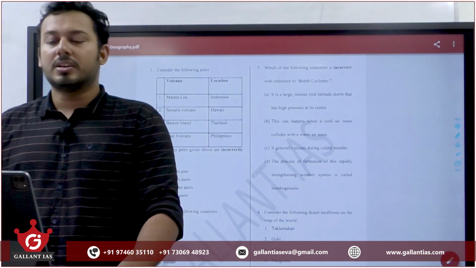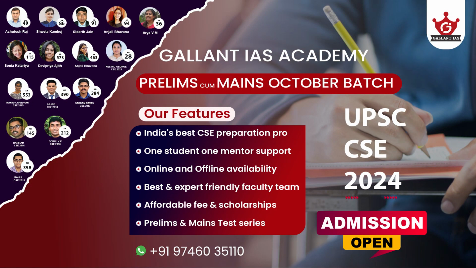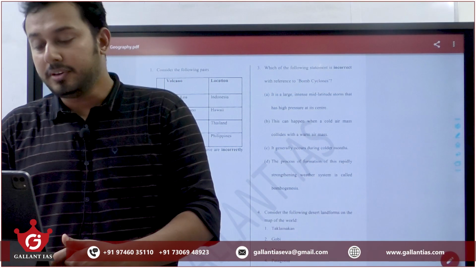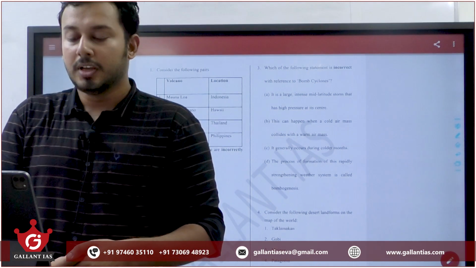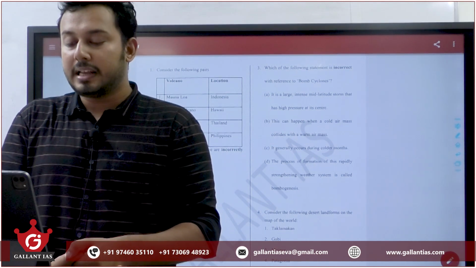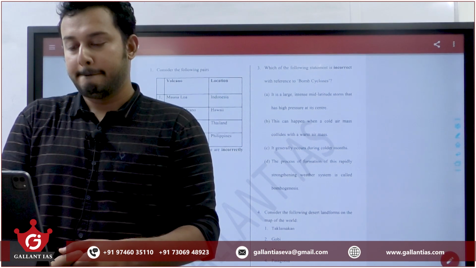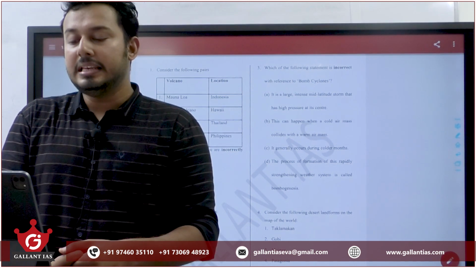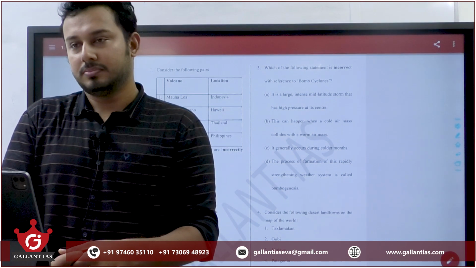Consider the following statements regarding geysers and hot springs. Geysers and hot springs are the same. Okay, we'll see. These are the fountains of steam and water that is heated above boiling point. Location of geysers are highly concentrated to few regions on the surface of Earth. Hot springs are relatively widely distributed and are major tourist attractions. Geysers are highly concentrated to few regions. Hot springs are widely distributed.